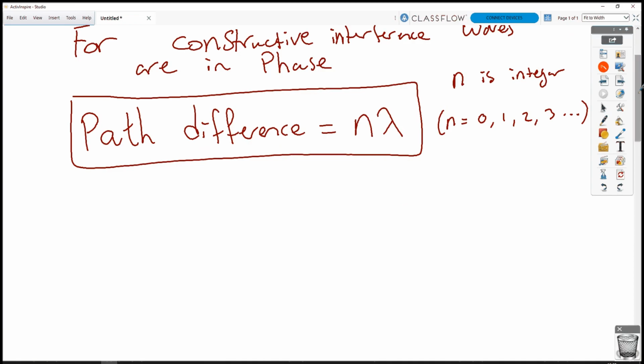For destructive interference, we need it so that a crest meets a trough. And in order for a crest to meet a trough, we need to have an n times number of wavelengths plus another half wavelength. Because if you were to shift a wave by half a wavelength, then the crest will meet a trough. Yeah? So the path difference